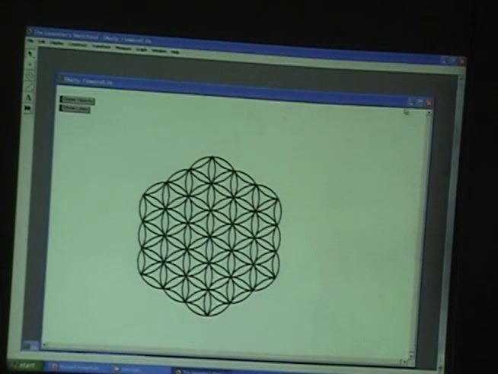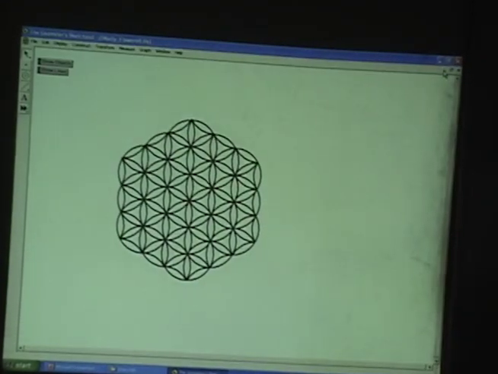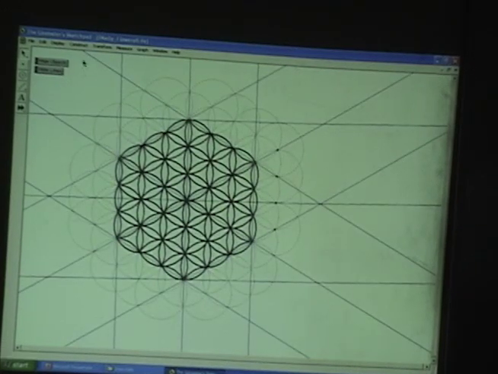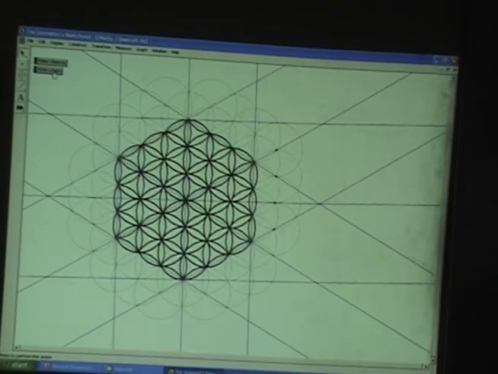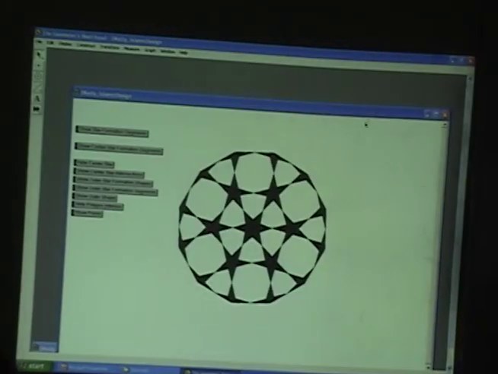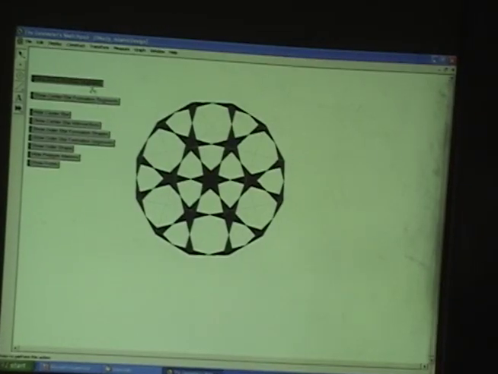Let's see. Yeah, there's that. I love the name of this. What is this? This is the flower of life, and there's like a flower of life cult for this thing. Oh, I love this. And here's